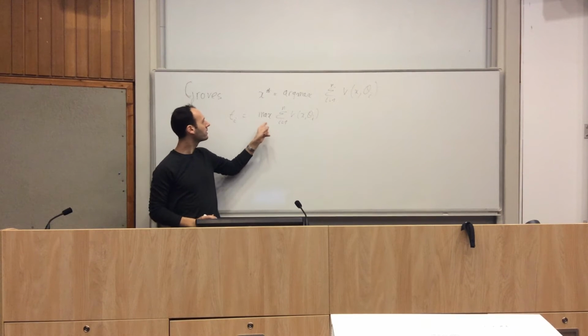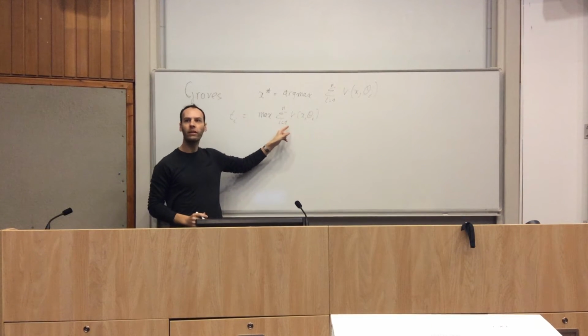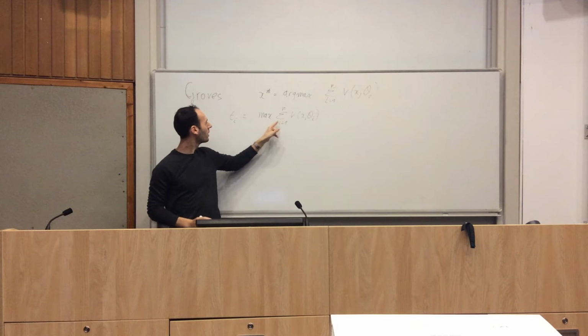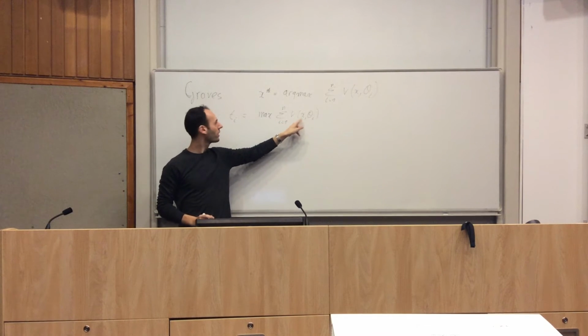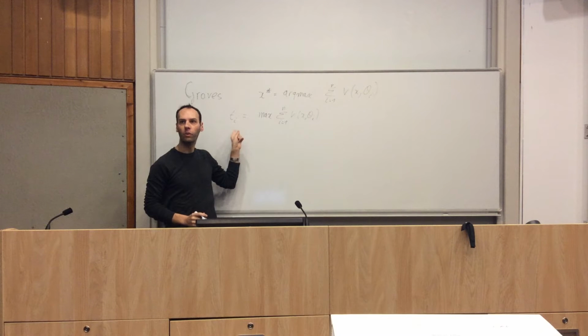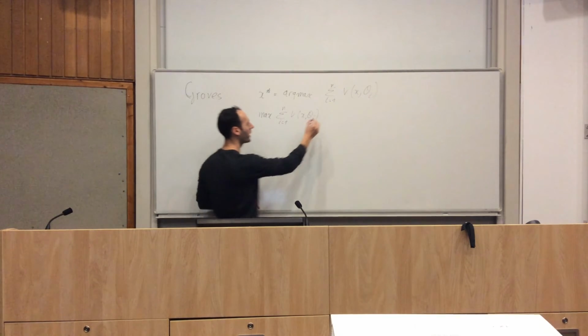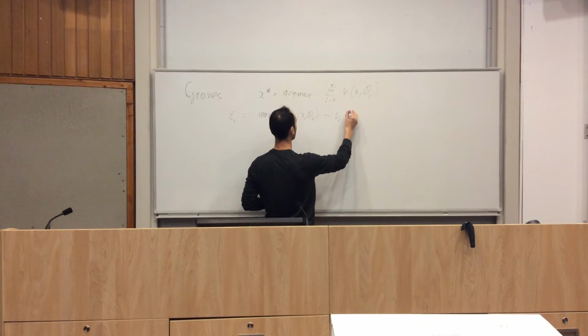So that means that agent i could directly misreport his preferences and get a better transfer, so we want to avoid that. So essentially what we're doing is we're then subtracting